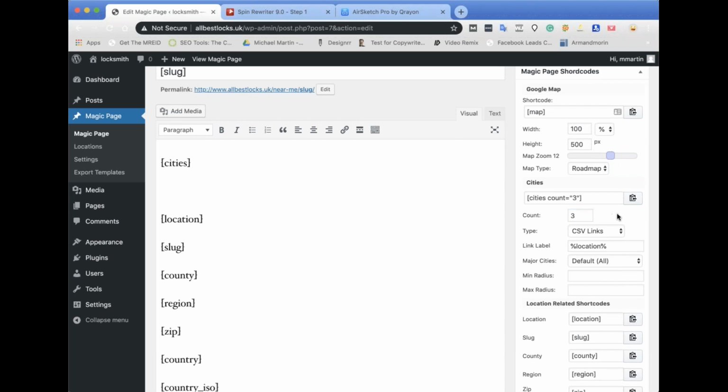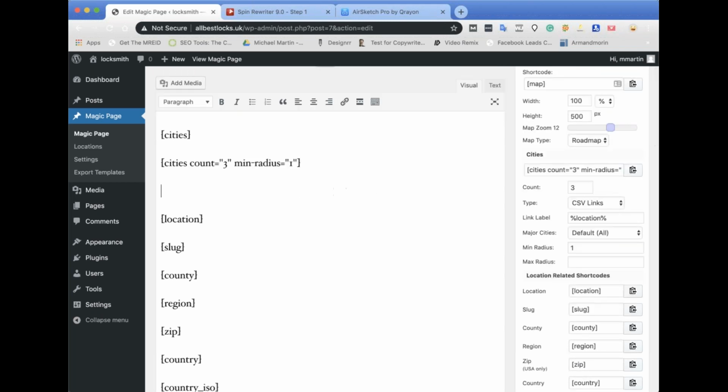But now let's say you wanted 3 different lists throughout the page from different locations. So because we're doing major cities, these are going to be quite far apart. So what I'll do is I'll go to the links. I'll keep links on at the moment. So let's say we do this within a 1 mile radius, pull out of here. If we grab that now, what this is going to do, as it says here, minimum radius. So that basically is going to go to 3 cities within a 1 mile radius all the way out till it hits 3, right? So next, if we come down and we change this to,